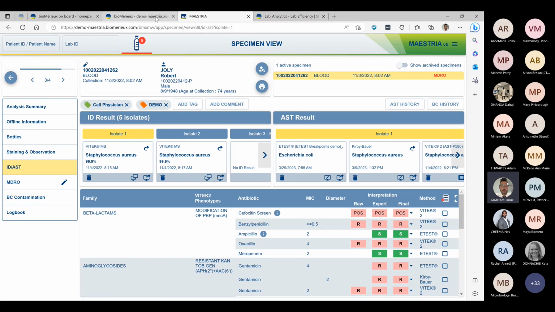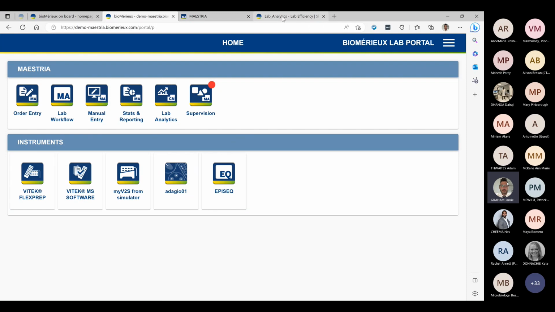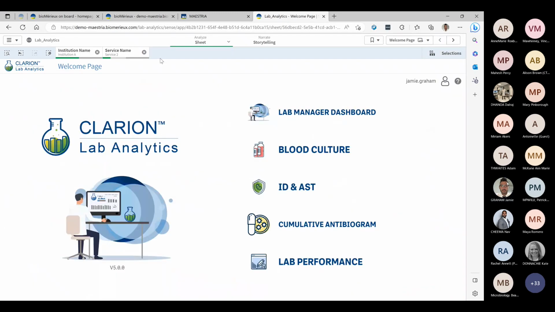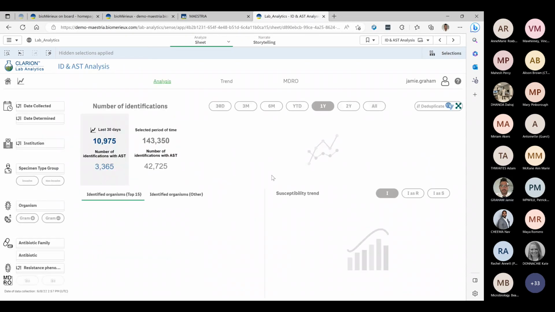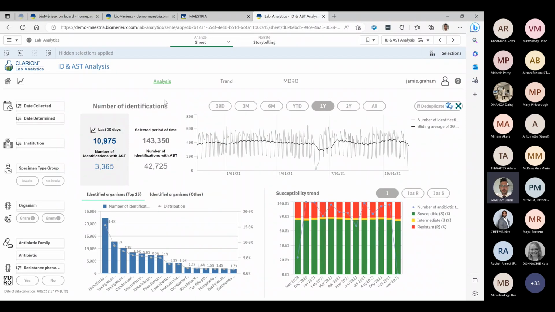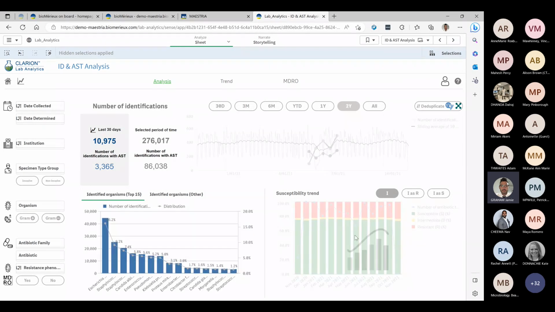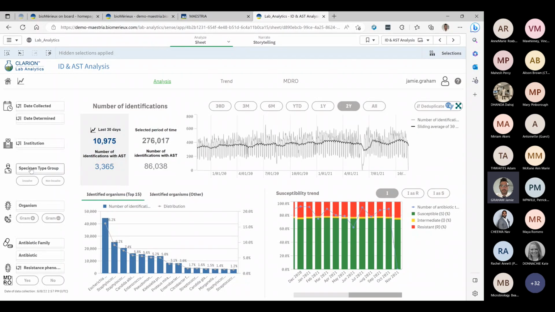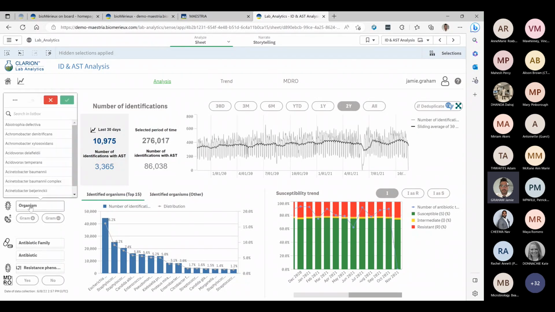Just going to show quickly how that might translate into lab analytics. If I go to ID and AST, you can see that what we're doing within here is a really powerful driver of our AMR AMS strategy. If I go to susceptibility trend, for instance, if I wanted to do surveillance on VREs, if I just very quickly go to here,